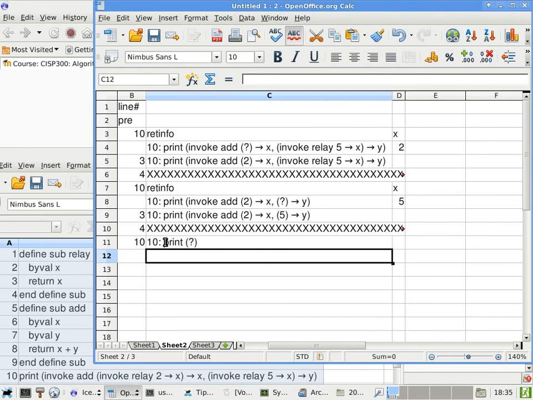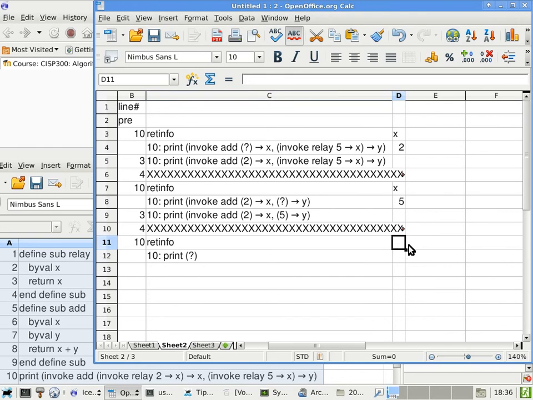Yep. Do we have to set return info before line 10, or we check it here? Oh, you're right. Yep, I forgot to do that. The label of return info, because I have to know what that column is being used for. Very good, thank you. And now this time we have two parameters, because according to the pseudocode, add has two parameters. We have x, which is passed by